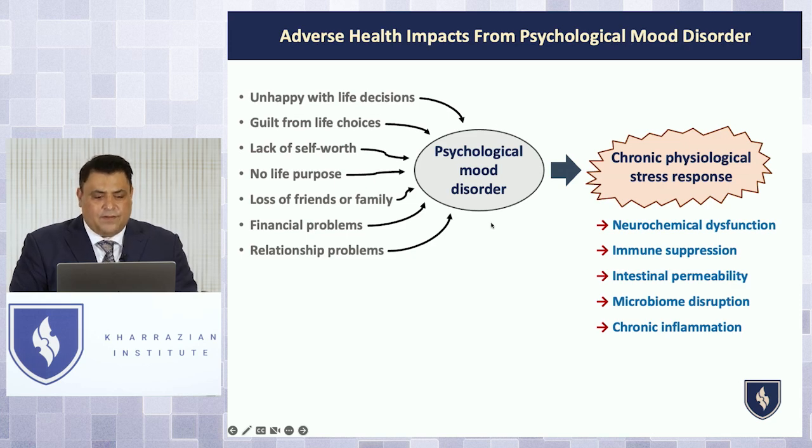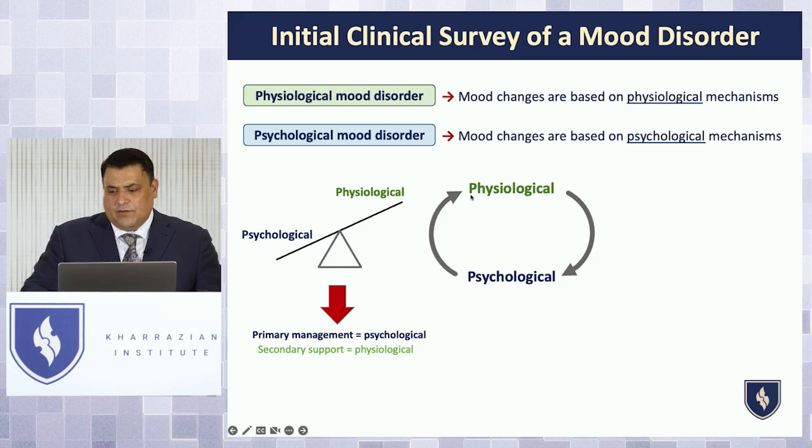Now you've got to be careful because this is also the ultimate cop-out. Well, it just must be due to stress, right? So there's a balance between these two. And you can definitely improve what's called resiliency. We'll talk about improving resiliency later to make these things have less of an effect, but you've got to know what you're dealing with in clinical practice. So you have to always ask those questions.